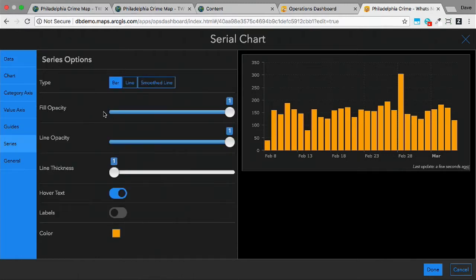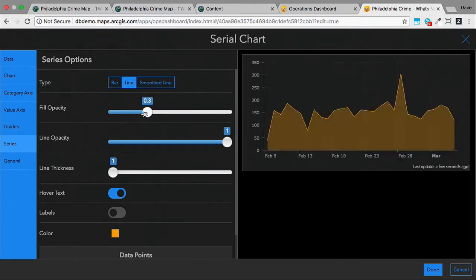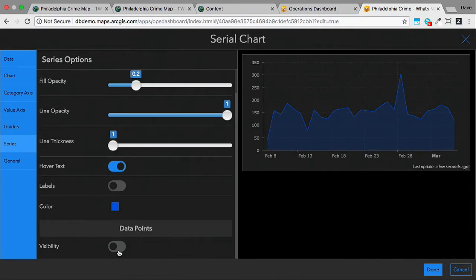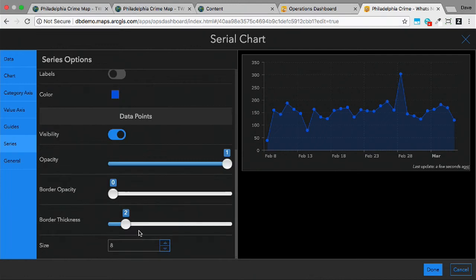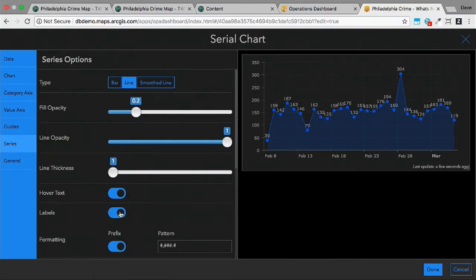And from here, we can visualize it as a bar chart, a line chart. We can add an area opacity. We can also add data points, show labels,